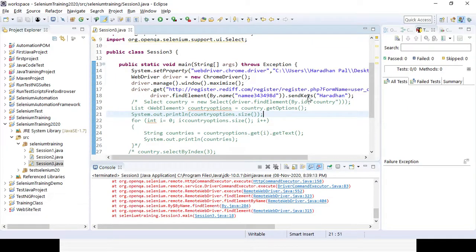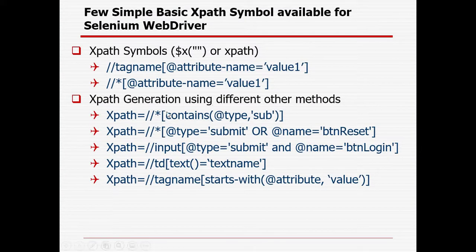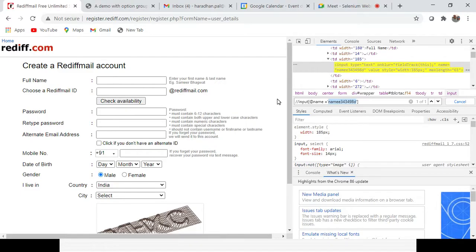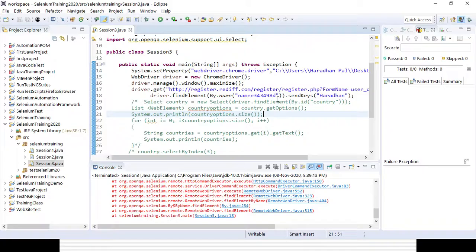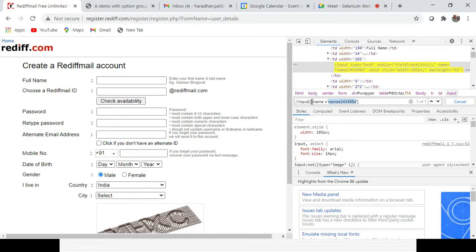So this is the first way of creating the XPath, and the XPath creation is successful. Some problem is there with the page maybe. The other option is, if you are not able to identify with a single option, you can give an and, again an at the rate, and give another option.